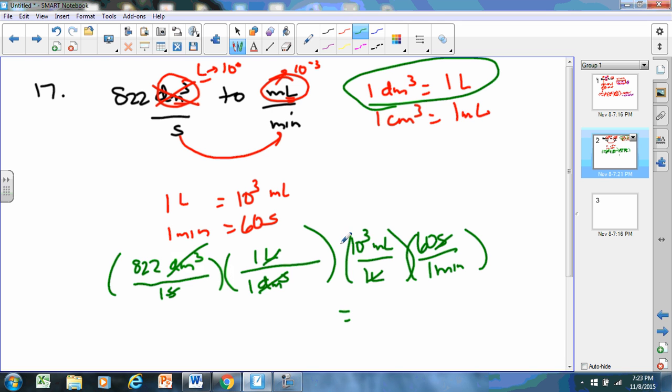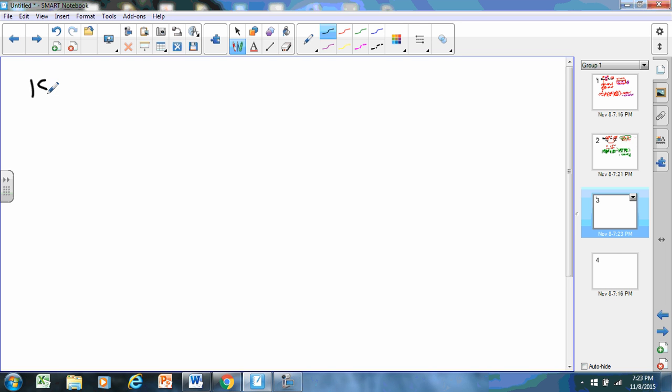And 822 times 1,000 times 60, 4.93 times 10 to the 7th milliliters per minute. I think we got more places than that, but this only has 3 sig figs, so we had to round. Okay, so again, what makes something a level 4 is that it mixes solid volume and liquid volume. So 18, we got 0.78 liters per minute,